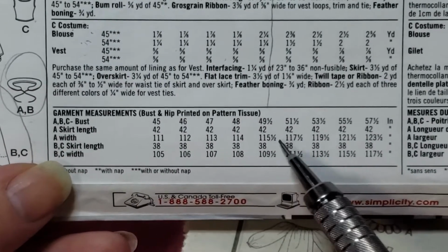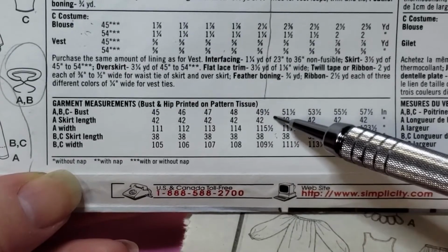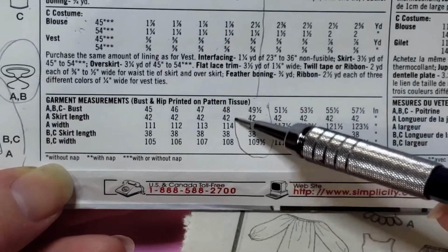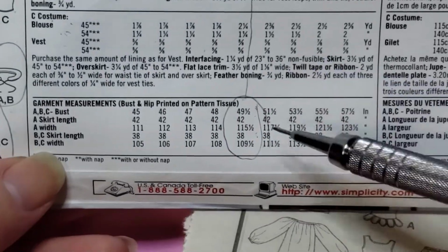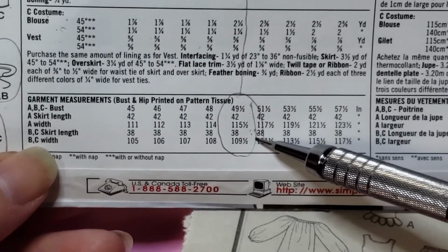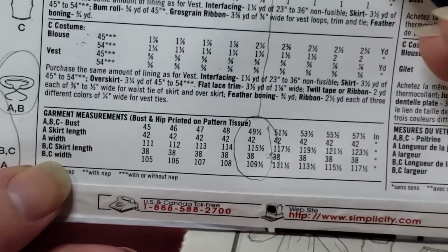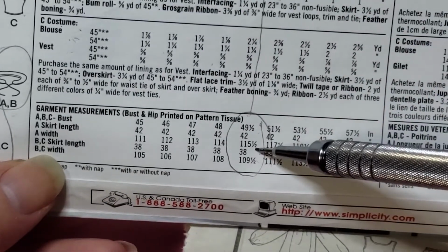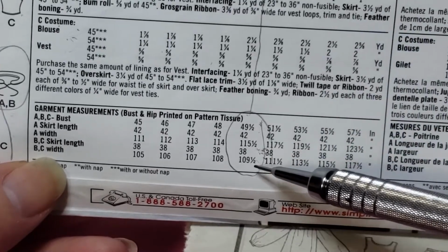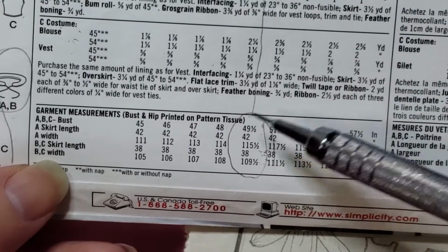And then down at the bottom, these are the measurements. These are the finished garment measurements, and this is printed on the pattern tissue. This can help you also kind of figure out the size. I would still recommend measuring the pattern pieces though once you get this home. So use these measurements as a general guideline of what size to buy, but I would, before you cut into your pattern or before you decide what size to use,